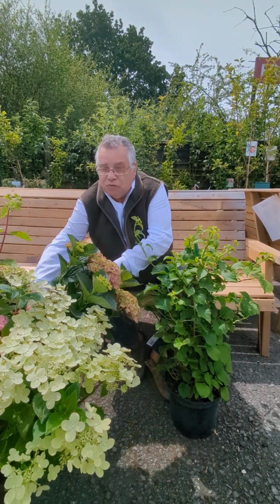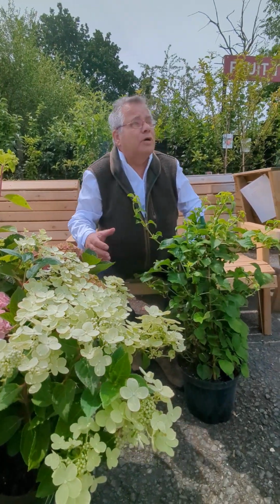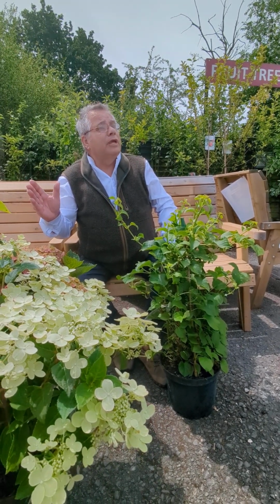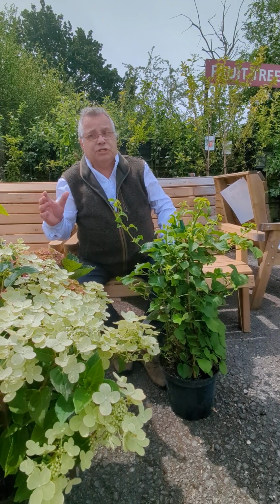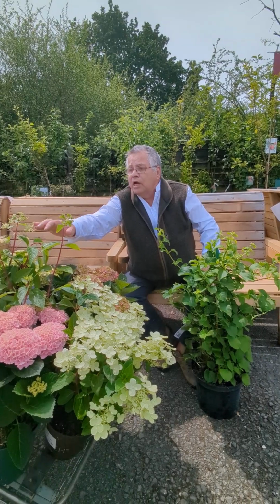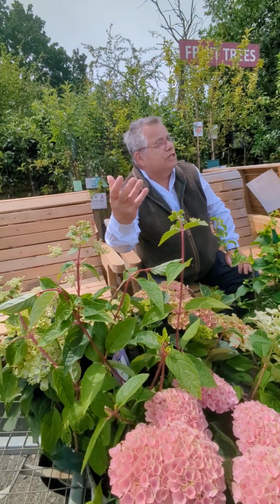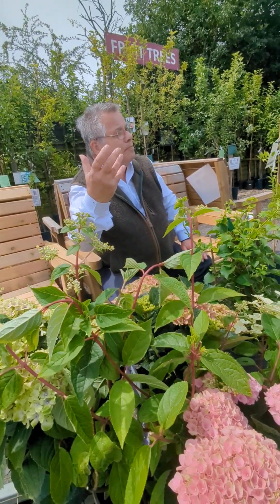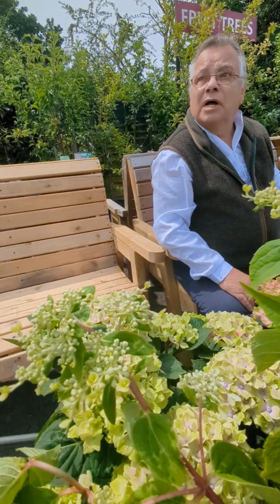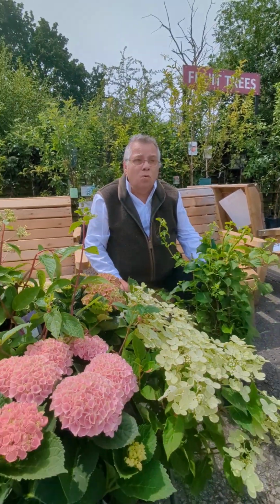But as an alternative, the lacecap hydrangea with those small flowers which are covered or surrounded by the more showy florets. Something else, another useful hydrangea, Hydrangea paniculata, which flowers at the ends of current season's growth. Conical flowers, particularly towards the end of summer. There's loads more hydrangeas. I haven't got time to explain all the ones that we have, but also don't forget